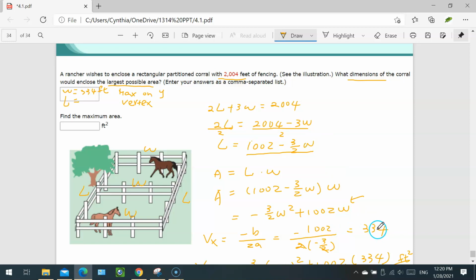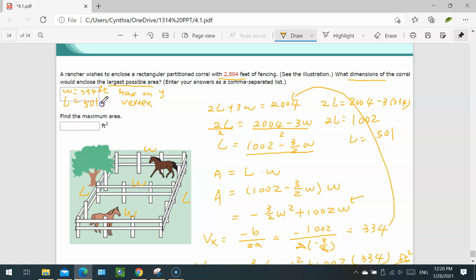Once you have this number, plugging back into the first equation, you will find the length. So your 2L comes from 2004 minus 3 multiplied by 334. So your 2L, 334 multiplied by 3, then 2004 minus that, you get 1002 as well. So divide by 2, that means the length is 501